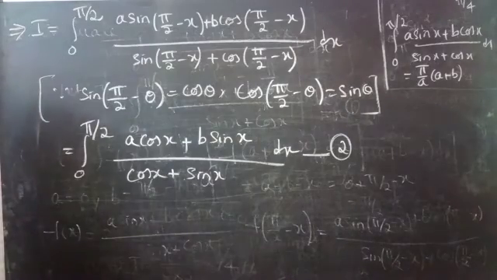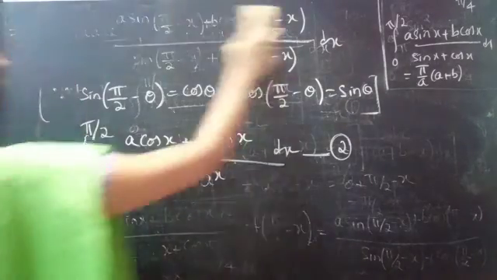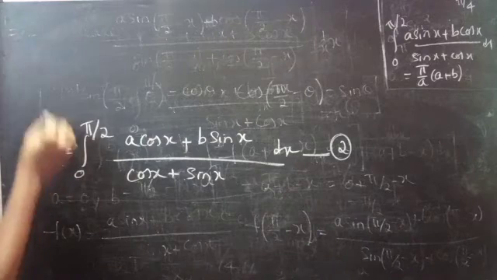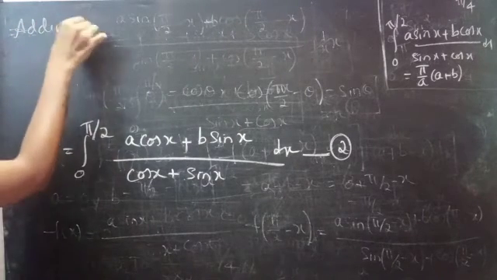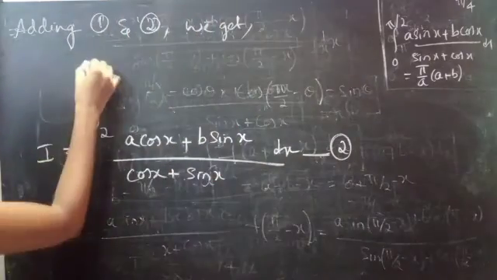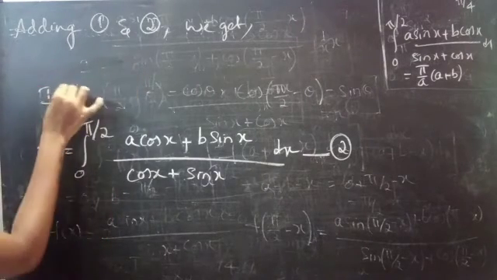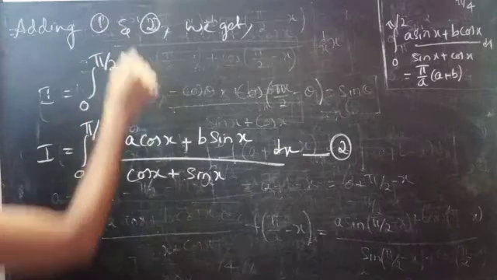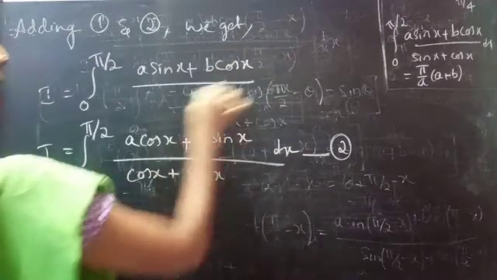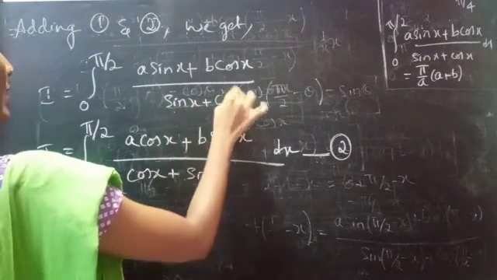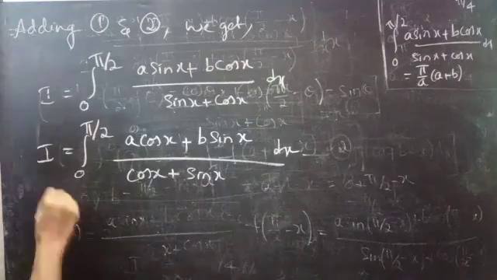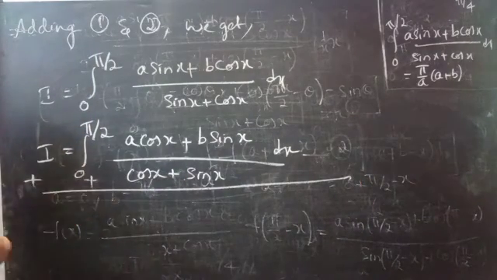So now what we are going to do? We are going to add 1 and 2. Adding 1 and 2, we get I equals integral 0 to pi by 2 of a sin x plus b cos x by sin x plus cos x dx, and this is equation 2. So if you add these two, you'll get